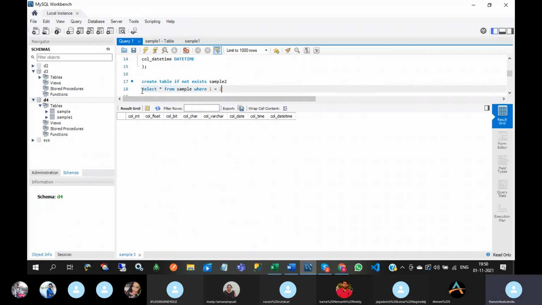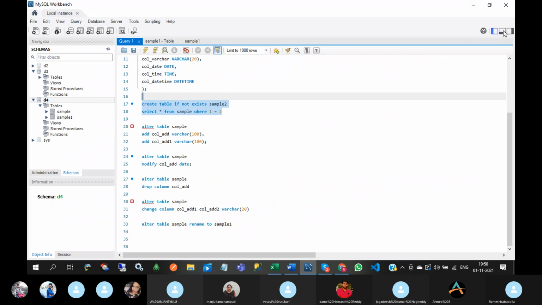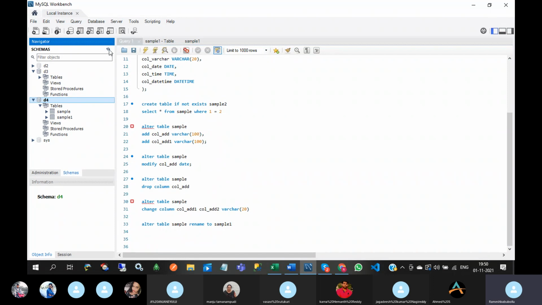If you execute this query, since 1 is not equal to 2, it will not return any records, even though the sample table has records. So it will return only column names. See this, refresh, sample2 is there.